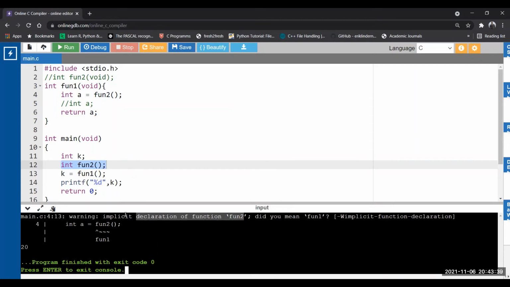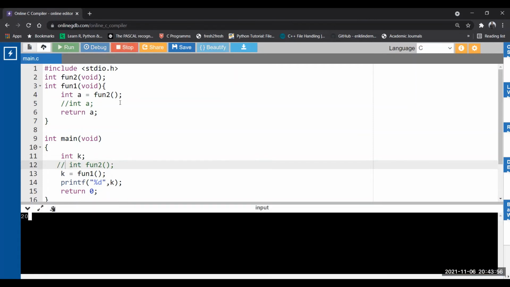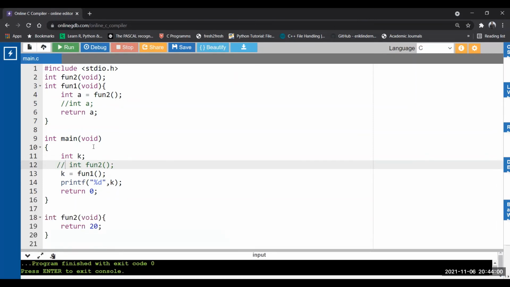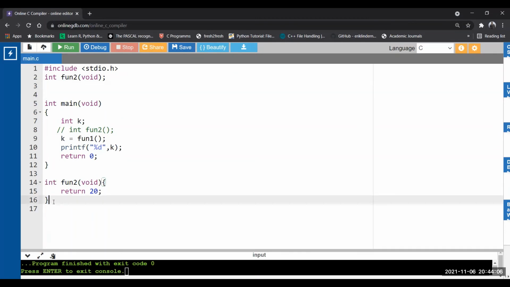Do you mean in line number 4 fun1 instead of fun2? Okay, so if I make it before, now there will be no issue. Now no problem, we get the correct output. So another way we can also take care of this issue. Now place this after fun2.